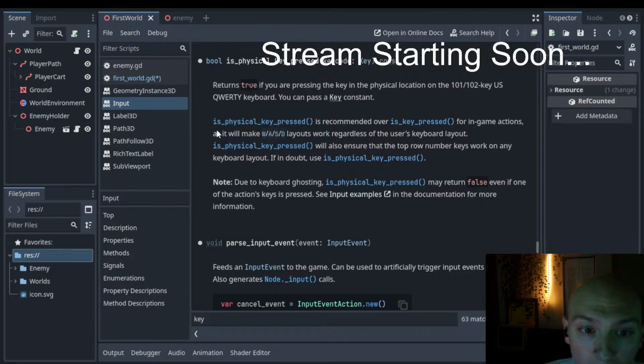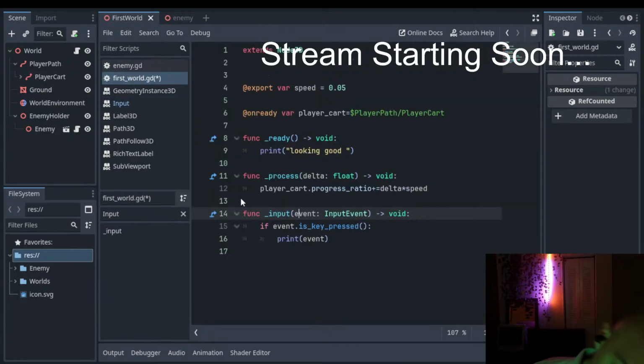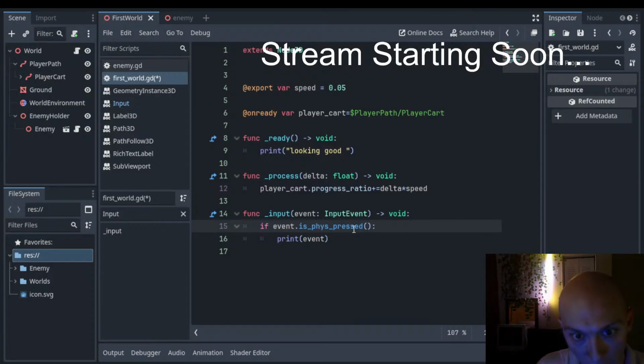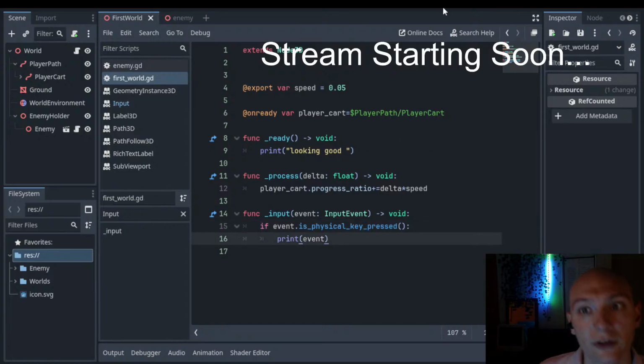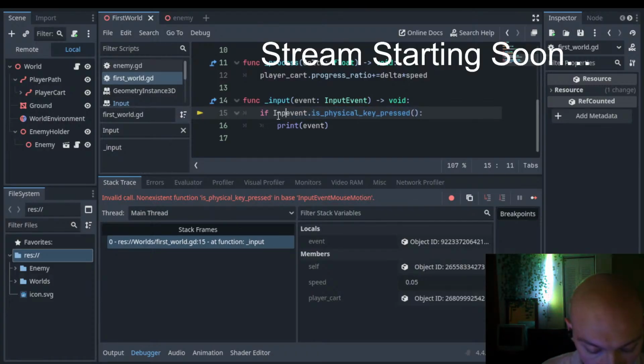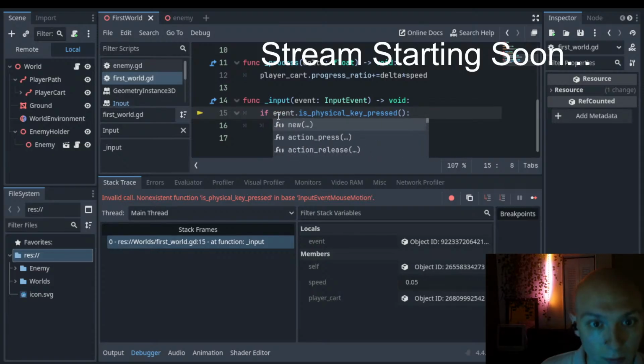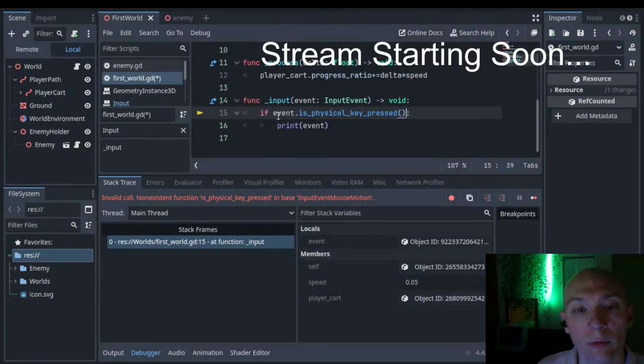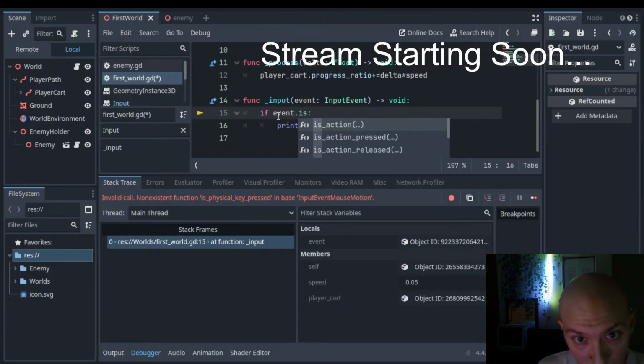Okay. Nice, so let's do is physical key pressed then. It's saying to use this. Alright. Is physical key pressed. Alright, print event. Let's run that and see what happens. Oh, that's because I have to say, right, maybe I'm wrong. Event dot is